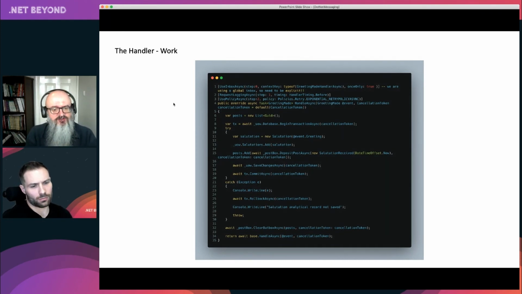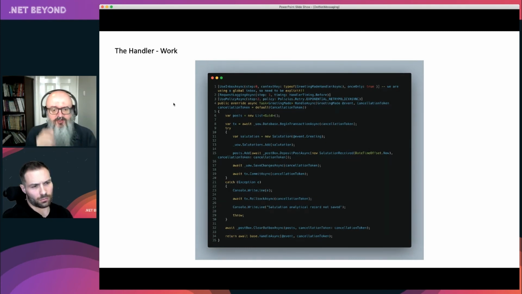But the key point is not the detail here. The key point to understand is what messaging frameworks, and others are the same as ours, try and do is let you focus on writing this handler in the same way when you basically do the web. What you're focusing on is writing a controller rather than getting into the nitty gritty of I've received an HTTP request and I want to turn that into something that calls my code.